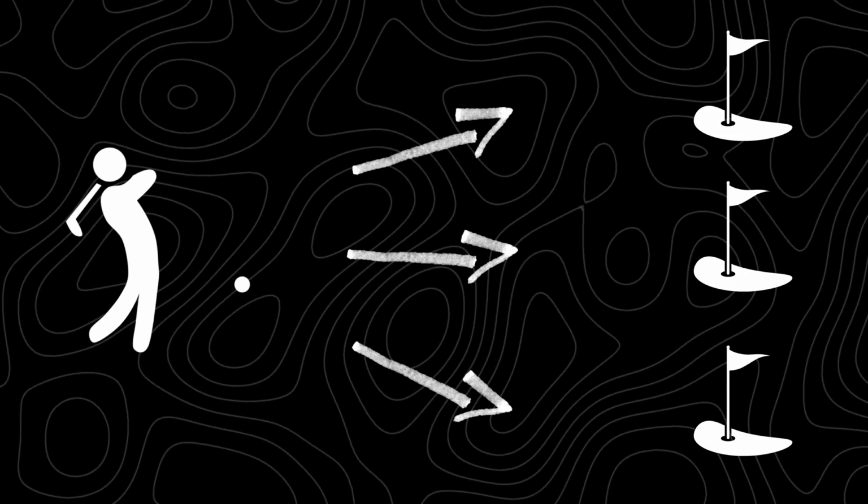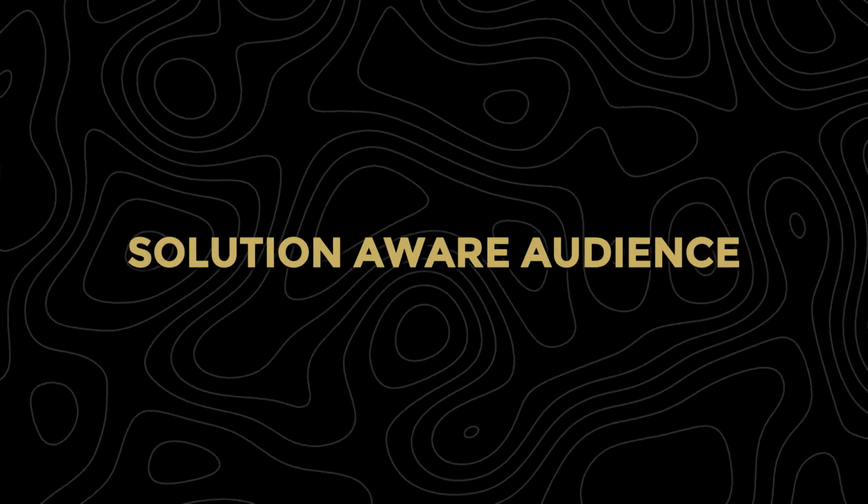But let's say I have a new golf club grip that tracks all of my swings, which is quite new to golfers. Perhaps that might be more of a problem aware audience, a golfer that knows they can't really effectively track their swing. They know they're not good enough at golf, but they don't know how to fix it, right? Or perhaps a solution aware audience: a golfer that knows they're not good enough, who's tried, as an example, a golf coach, but it really didn't do it for them, and they feel like it's quite expensive. They want something that will really help them without having an actual coach with them. So they want a golf grip that is going to solve that problem, right? They're solution aware. They already know of other solutions in the market.